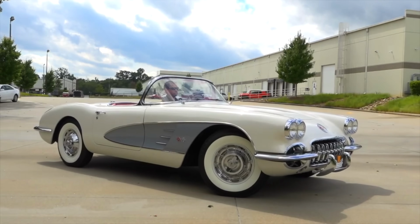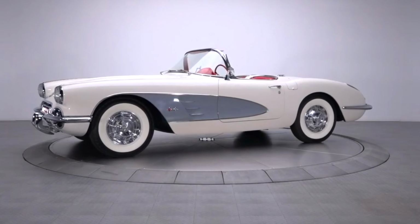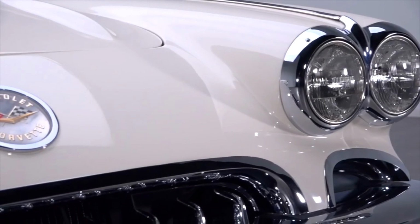Up next, we have the 1960 Chevy Corvette, though we could have put a Dodge Viper or a modern Corvette on this list, because they're both relatively inexpensive for what they are. This list would never be complete without the 1960 Corvette. It is reaching higher price points, that's true, but this luxury car is still in the range of rich looking